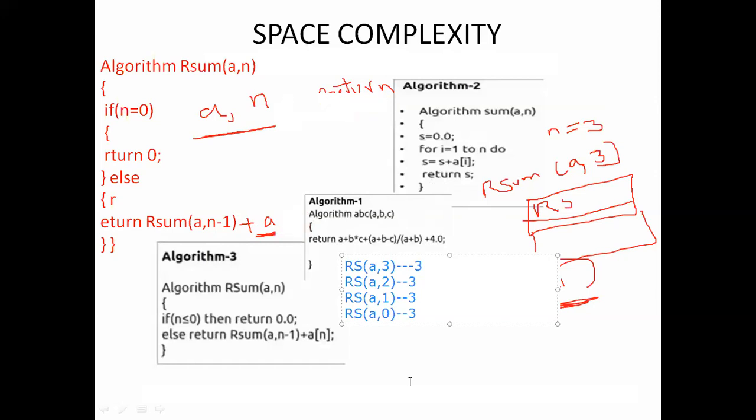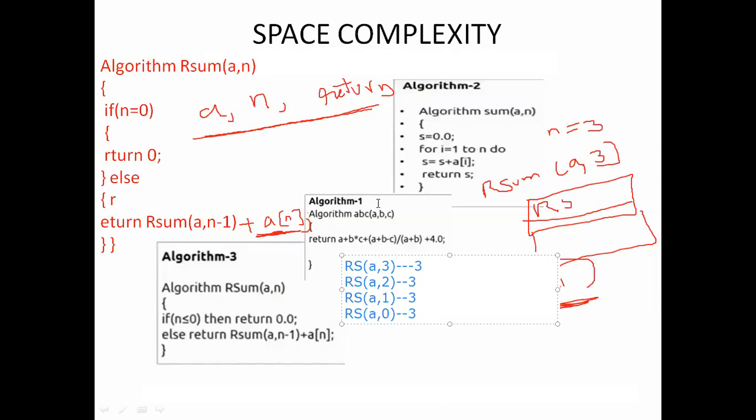And why will it return 0? No, we are not returning any values. We just call these three variables and the return part once again. That's why the function is called that number of times. So here the space complexity for this is n plus 1 into 3. 3 means 3 variables here.